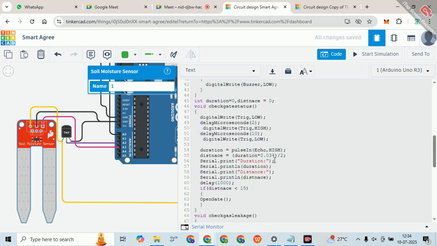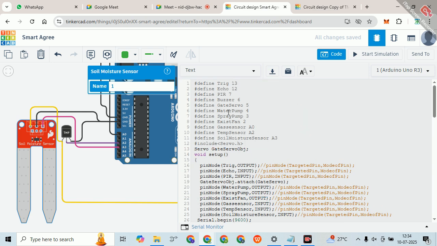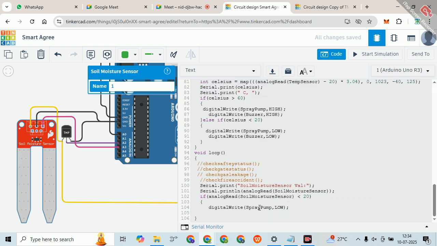So that is the water pump. I make it high. Else,